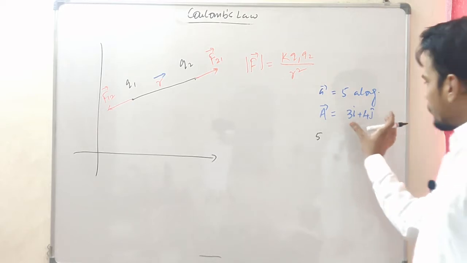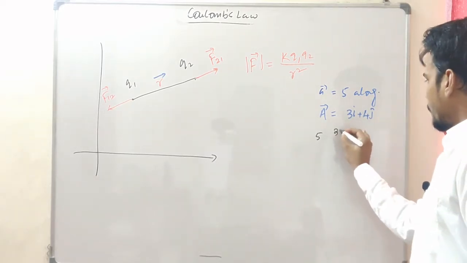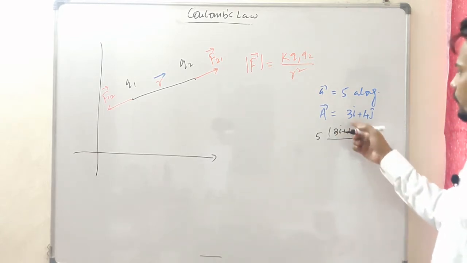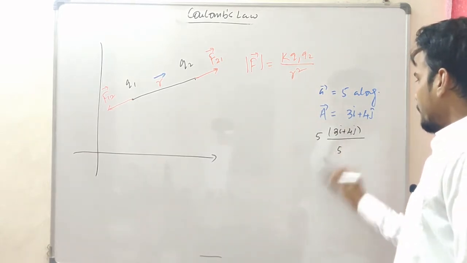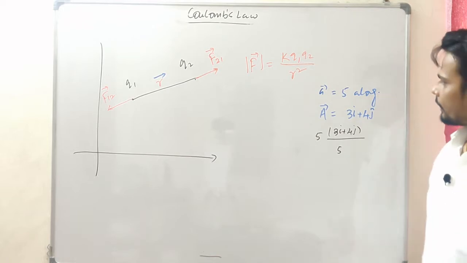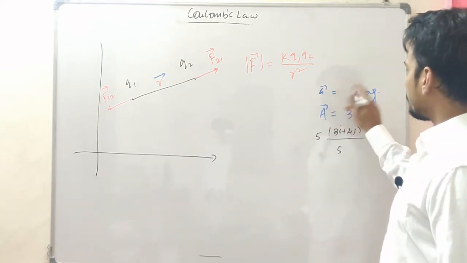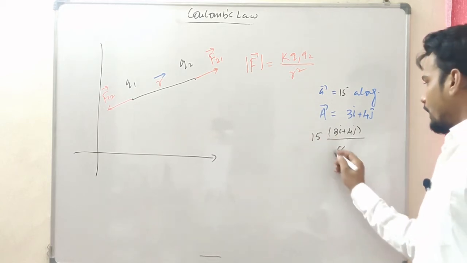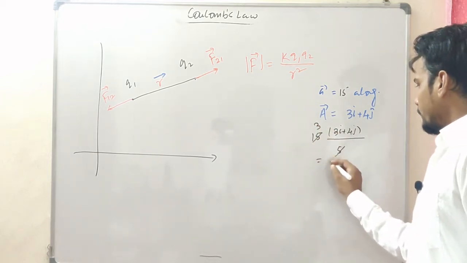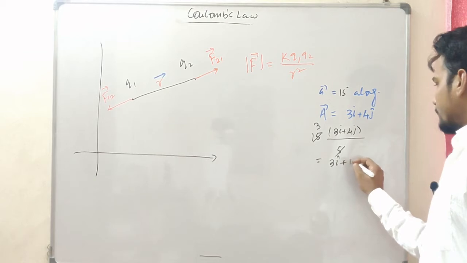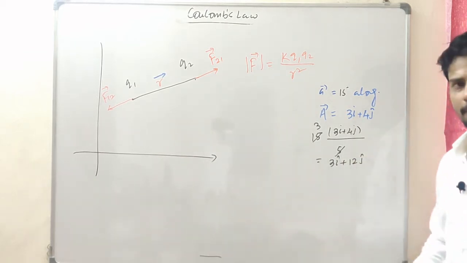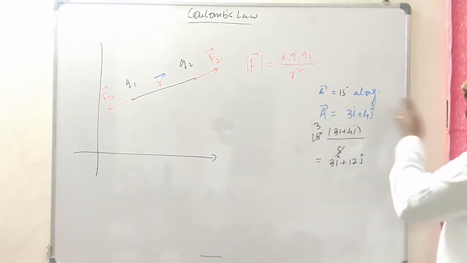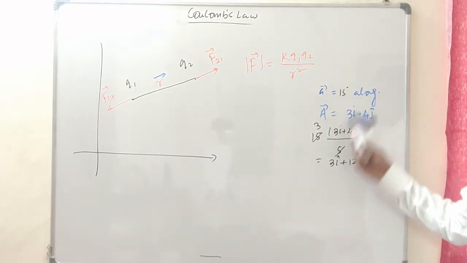So the unit vector in this direction should be how much? 3i plus 4j over the magnitude of this, which is going to be how much? 5. Okay, so let's do one thing. I want to write a vector of magnitude 15 along this. So this should be how much? I'll be having 9i cap plus 12j cap. Simple as that. So that's a way to write a vector along another vector with a defined magnitude.